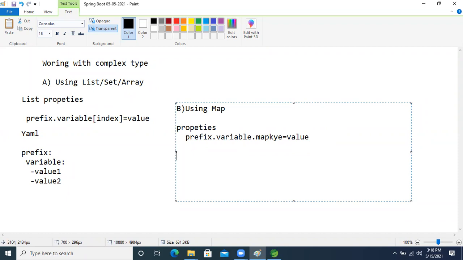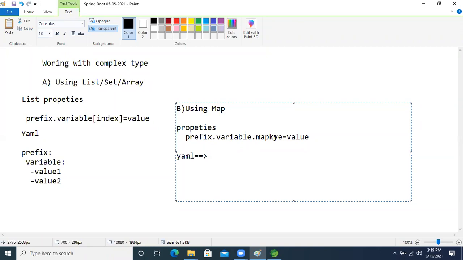Now, I don't want to store the data inside a property file. I want YAML. How can we write it now, guys?